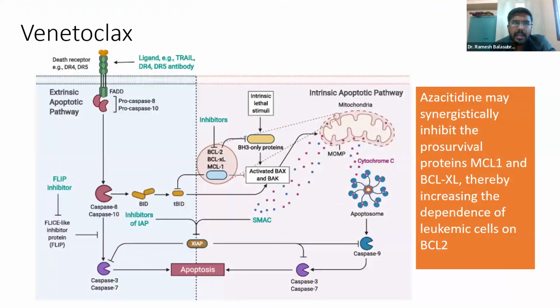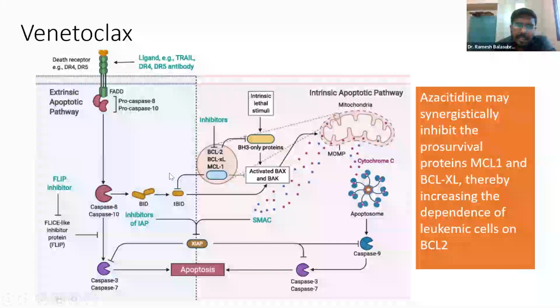So the magic drug in AML, I could say, is venetoclax. Just as the breakthrough in CML came with the introduction of imatinib, similarly, venetoclax is a breakthrough in AML patients. So what it does is, this is a picture showing the apoptosis extrinsic pathway. Once the death receptor is bound with the ligand, it activates the caspase,